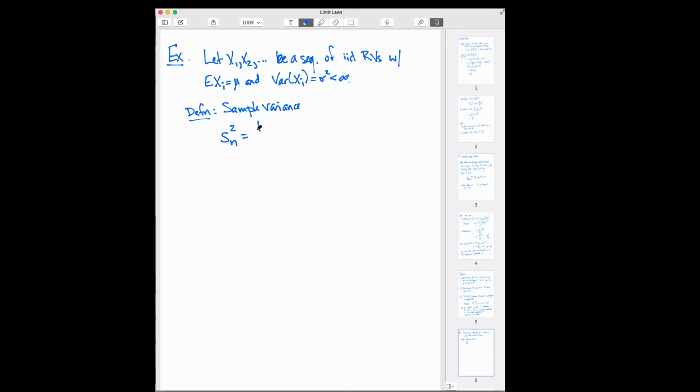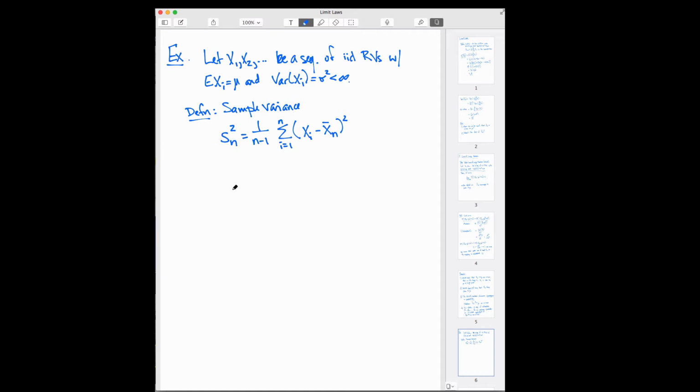And this is equal to 1 over n minus 1 times the sum from i equals 1 to n of the squared distance between X_i and X bar n. And so this is a very commonly used estimator of the variance in statistics,